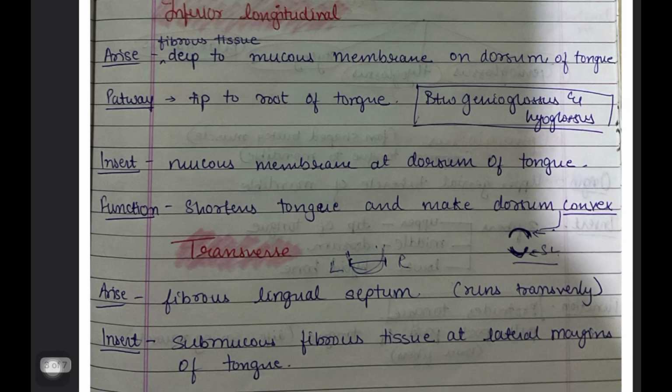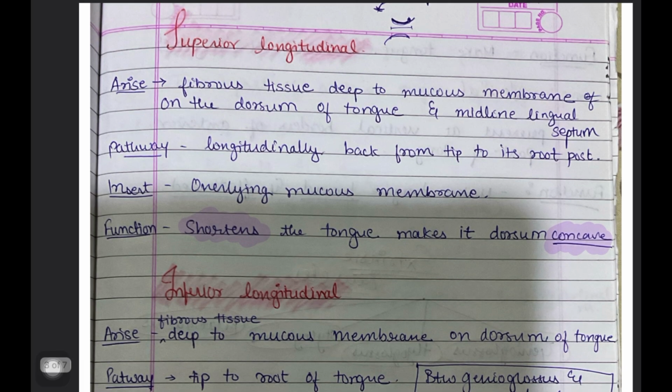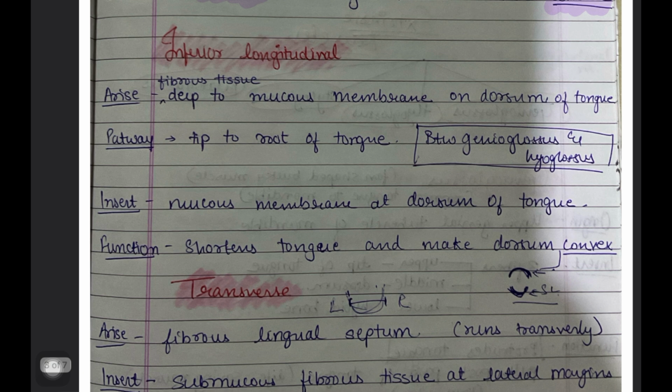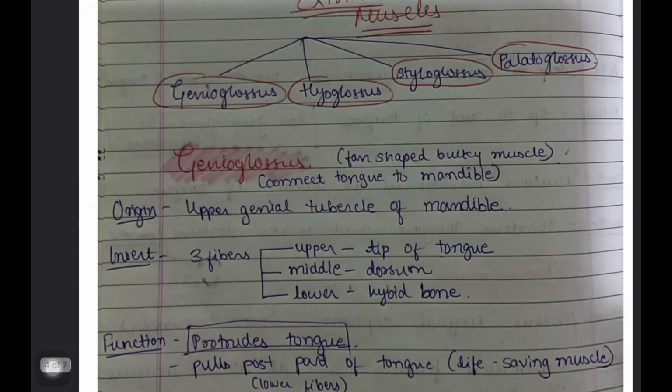Function: it shortens the tongue and makes the dorsum convex. Here the superior shortens and makes it concave. But here, if you look, it makes the dorsum convex. Okay, this is the difference. Both of the longitudinal muscles shorten the tongue, but one makes it convex and one makes it concave. Okay, you understand? If we look at the image here,